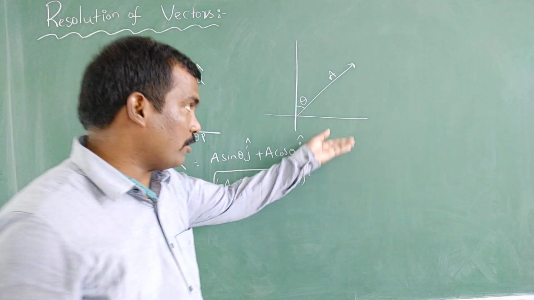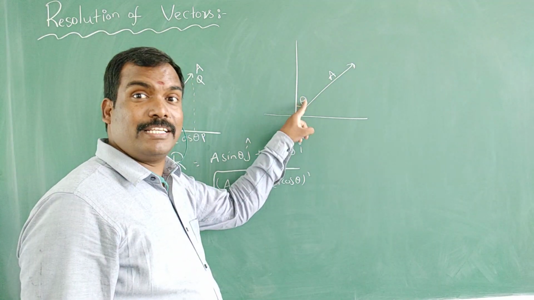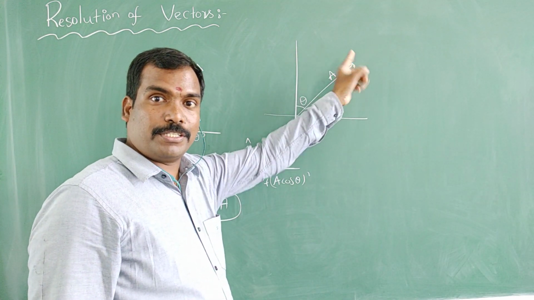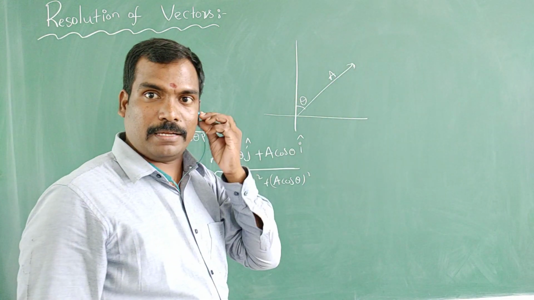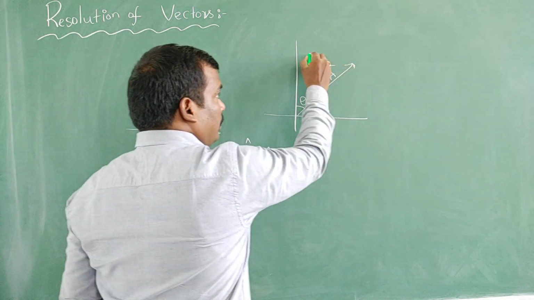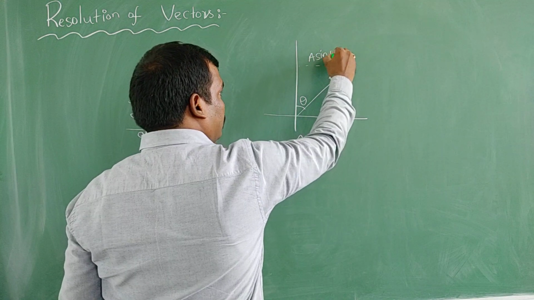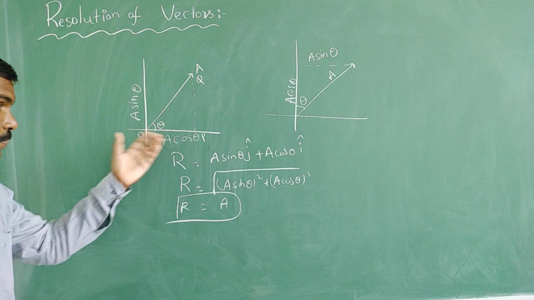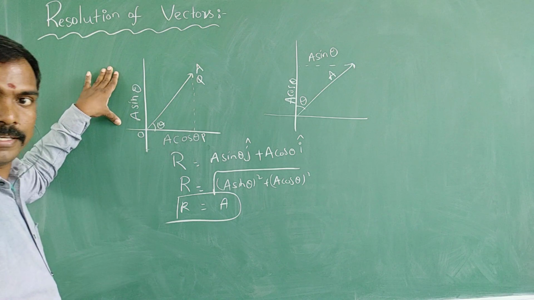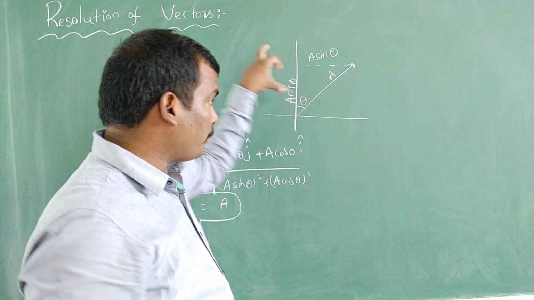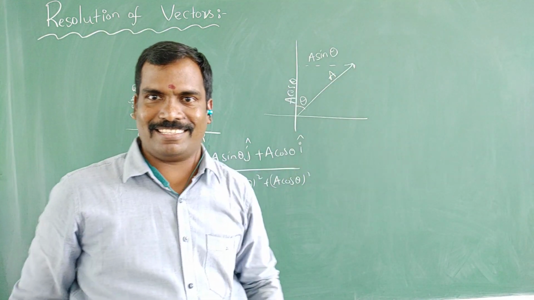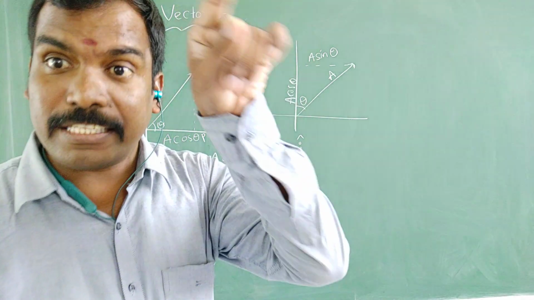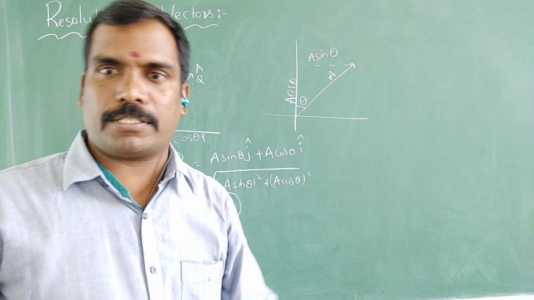You should not write A cos theta here. Here the side adjacent to theta is this one, and the opposite side is this one. The opposite side is parallel to the x-axis, so if you draw a dotted line, this is A sin theta and this is A cos theta. In the former diagram it was one way, but in this diagram it is the other. You have to know where the angle is written, which side is adjacent and which is opposite.